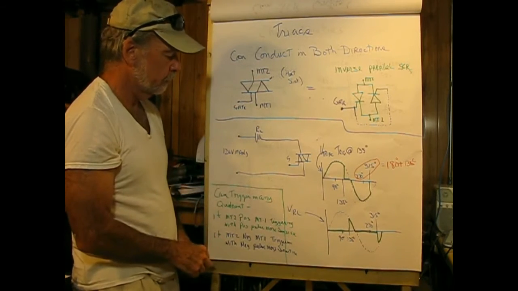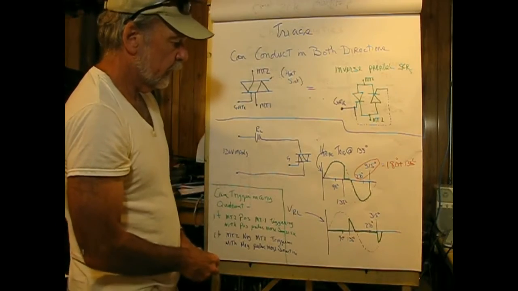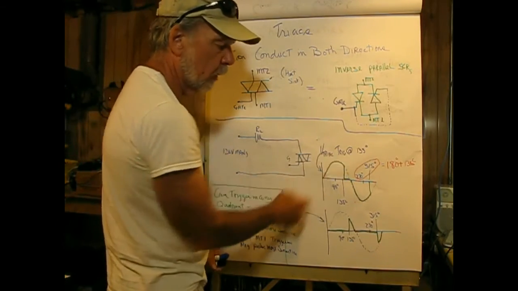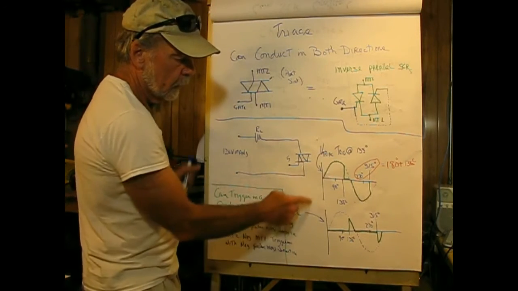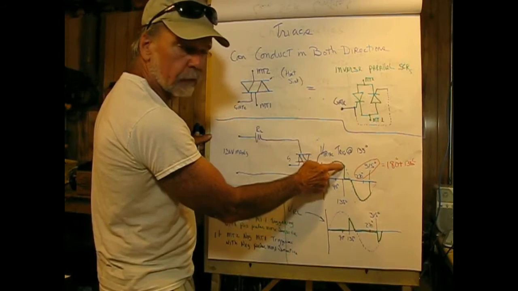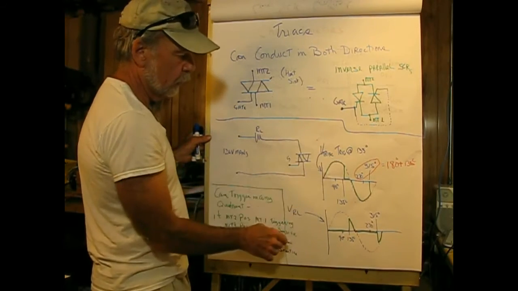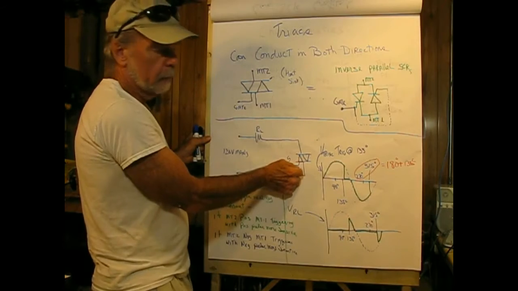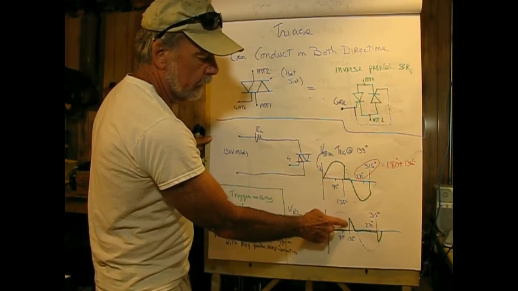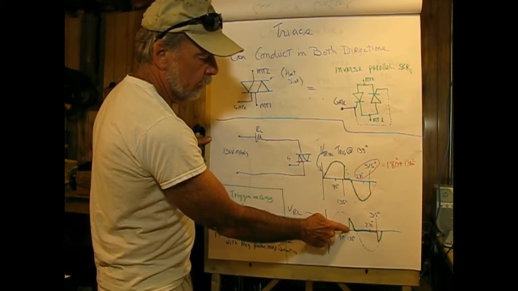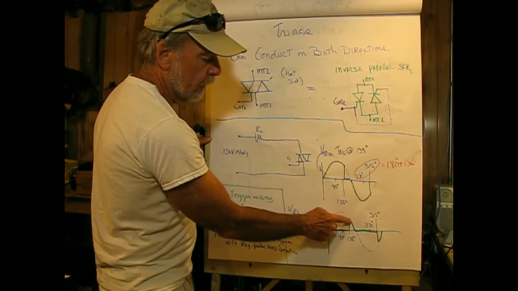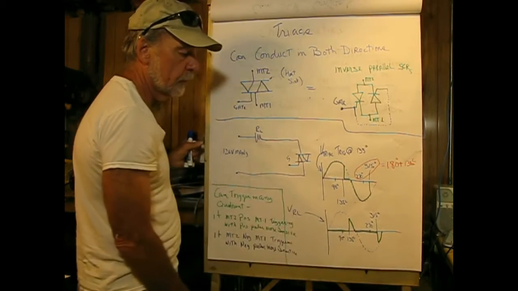for control again. So if we're talking about 120 volt mains and we're going to be triggering at 135 degrees, the voltage across the triac would follow the mains until it triggers. And then this guy would short out, if you will, drop to 0, and the load voltage now would be the difference between the input and the drop across the triac, jump up and follow the sine wave to its